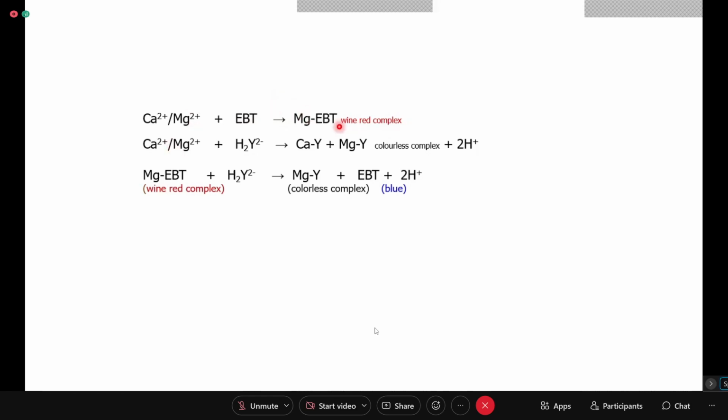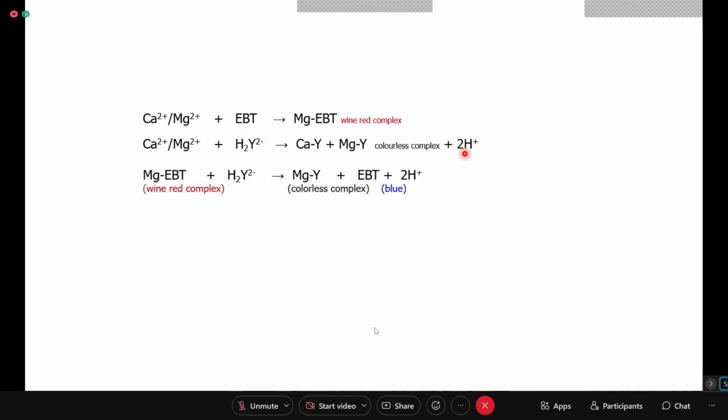Then these 2 drops of Eriochrome Black T react with a very small quantity of the magnesium present, but in the rest of the 10 ml, a lot of free calcium and magnesium ions are there, which are not complexed because Eriochrome Black T was added in very small quantity, 2 drops only. So this free calcium and magnesium will first go on complexing with the EDTA, ethylene diamine tetraacetic acid. So this goes on forming the calcium EDTA colorless complex, and H plus is released.